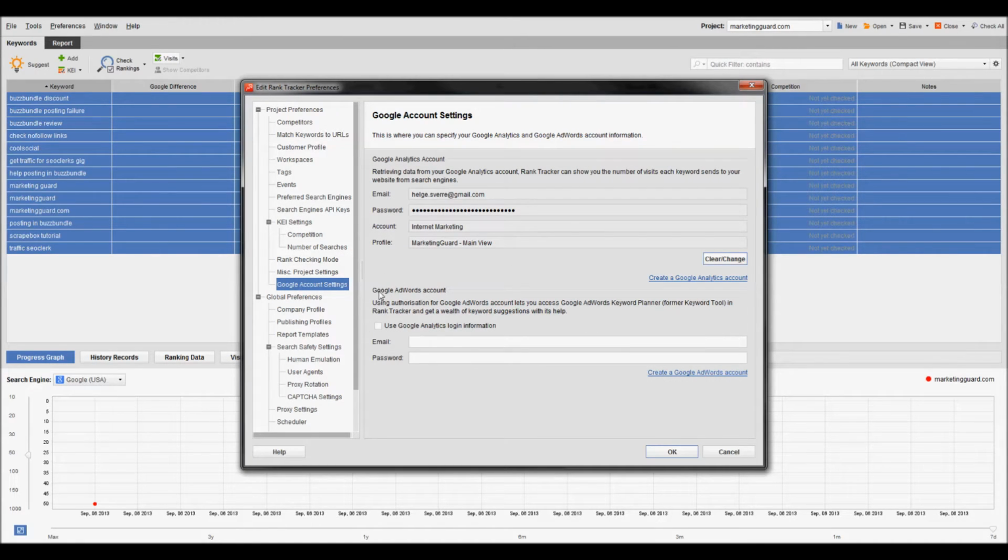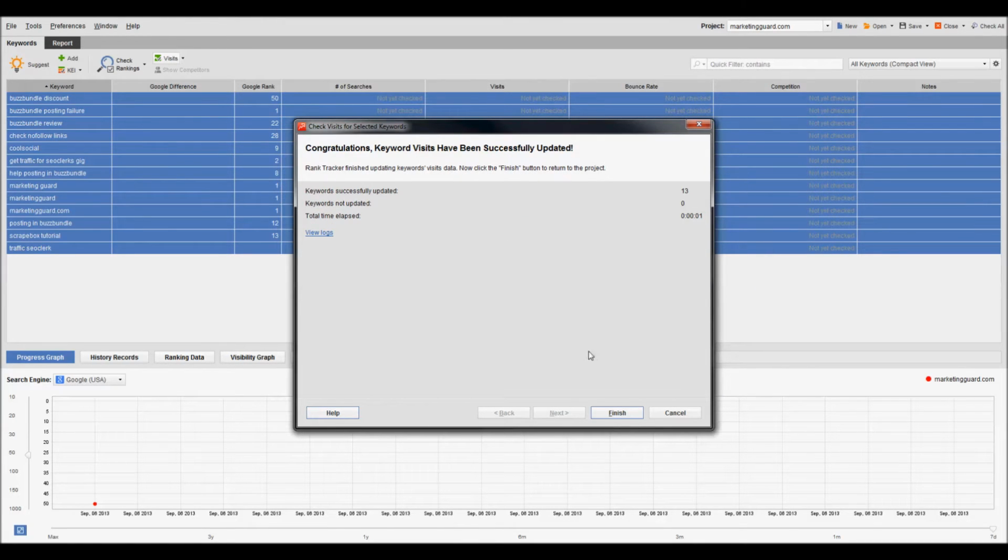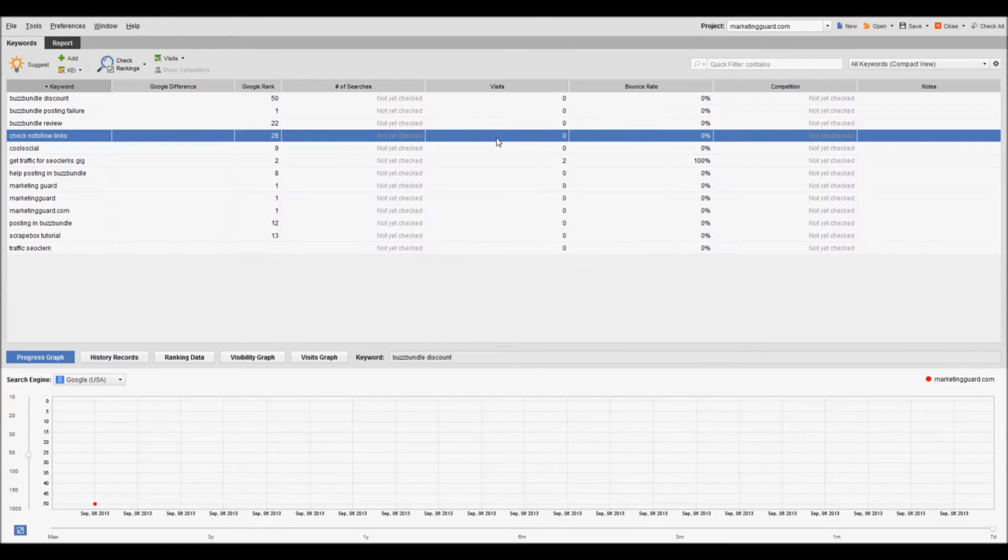If you want to import the cost per click stuff and keyword, anything that has Google AdWords, you click enter your information right here or use the same one if you use the same Google account and click OK, and it will go out and fetch that information for you. As you can see here now, those columns are updated,